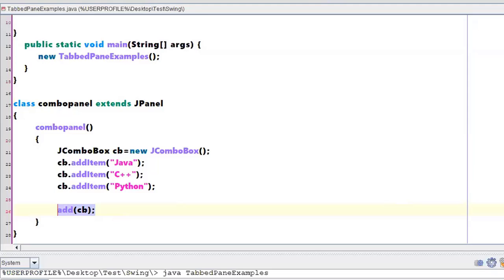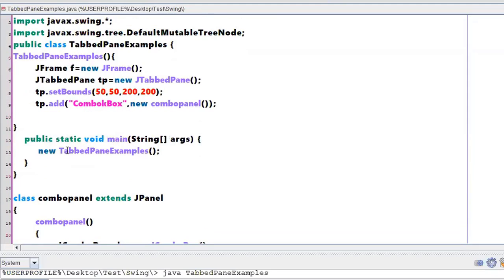Right? So now how will things work? It will start from the main method. In the main method, you are saying tabbed panel examples, so it will go to the constructor of this tabbed panel example. First, you are creating a JFrame, and then on the JFrame you are creating a tabbed panel, and you have given these dimensions for that tabbed panel. Then you have added one element, that means for the TP, the tabbed pane,